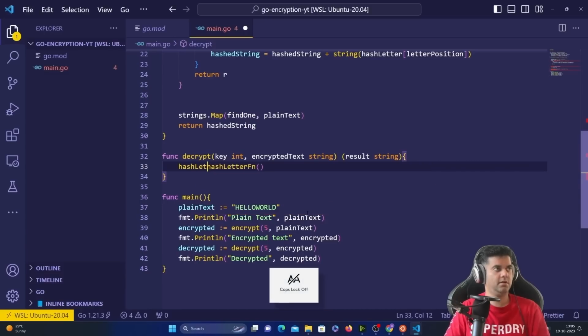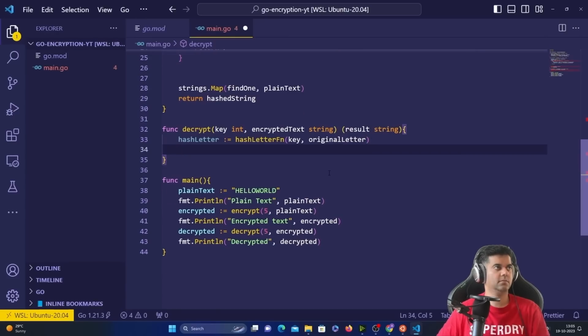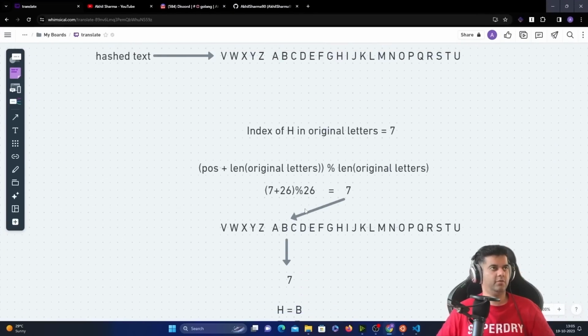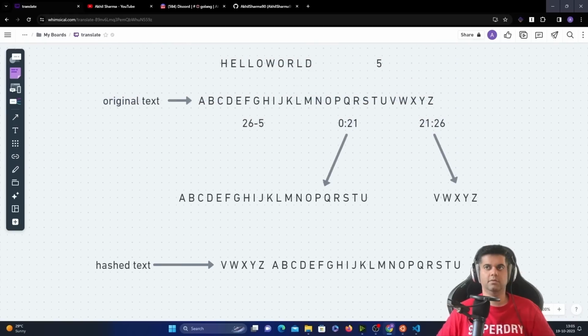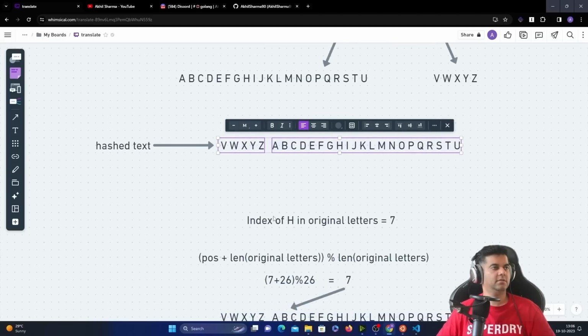capture that value in a variable called hash letter. So the hash letter function will pass the key and the original letter, and again we'll start with the hash string, which is empty. So with the decryption, we have to find again that value in the hash letter index. So this is what we'll start with in the beginning, and we'll find the value of,